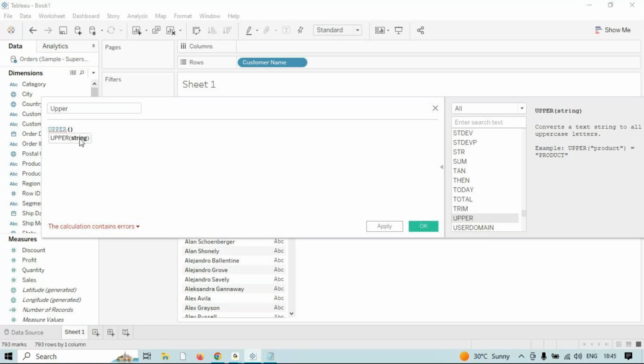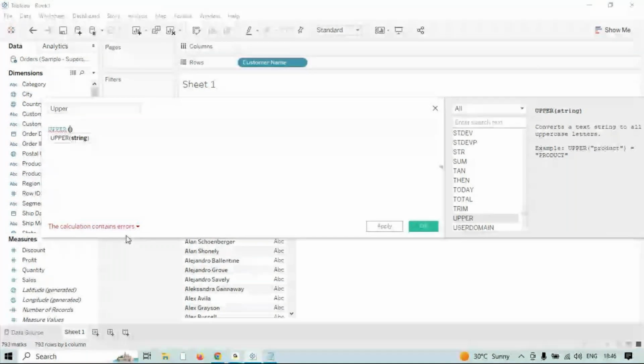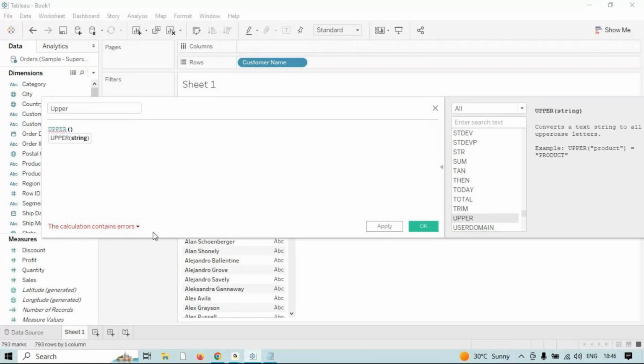So in the bottom it says the calculation contains errors. Whenever it says in red color that the formula is wrong, maybe it is incomplete or not fully completed. So you have to give